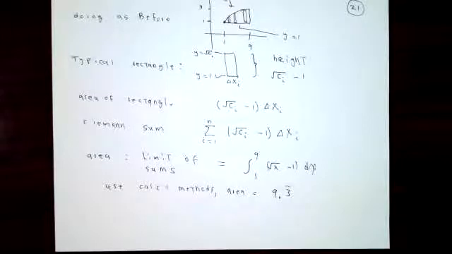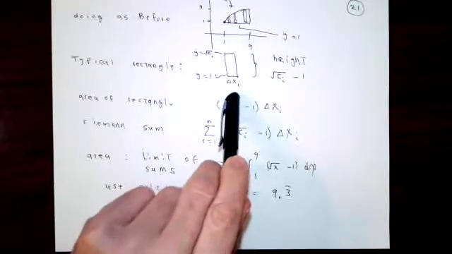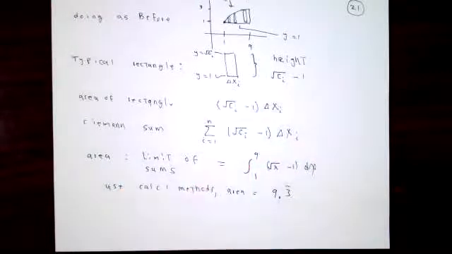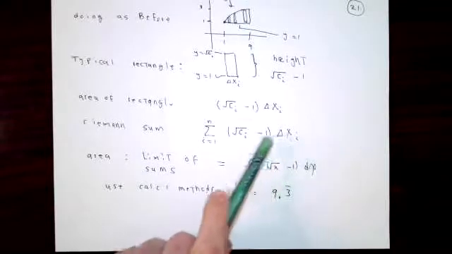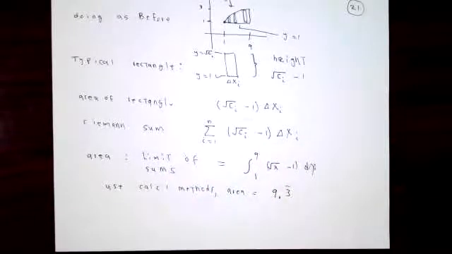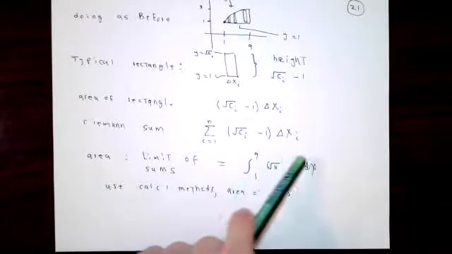I'm going to chop the range of x numbers from 1 to 9 up into a bunch of smaller ones. The horizontal width will be delta x i as usual. The y-coordinate on the bottom is always 1. The y-coordinate upstairs is the square root of whatever the x-coordinate is. So the vertical height of this thing is upper minus lower. It's the square root of the c i number, and then you subtract 1 from that. The area of the rectangle is width times height. The Riemann sum is the sum of all of those